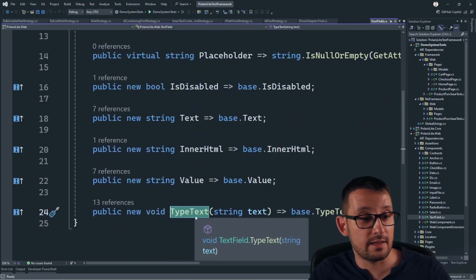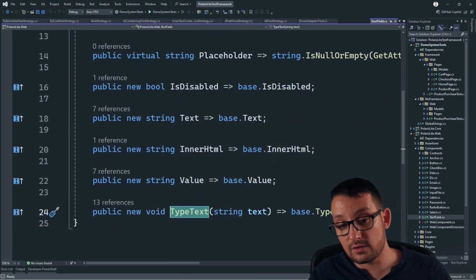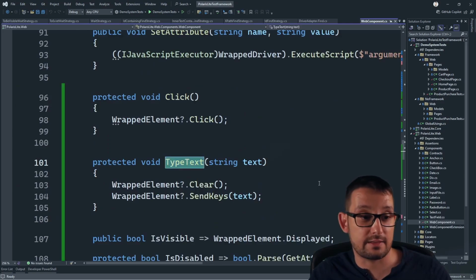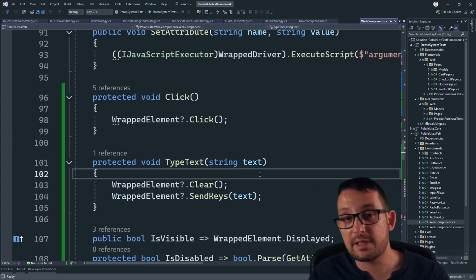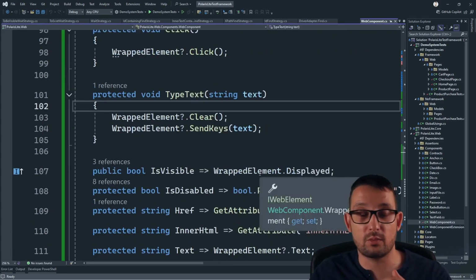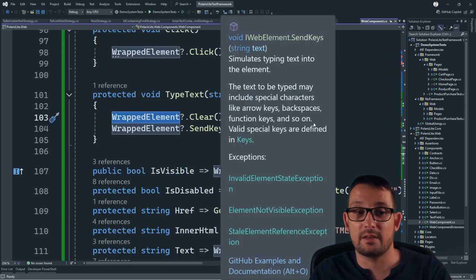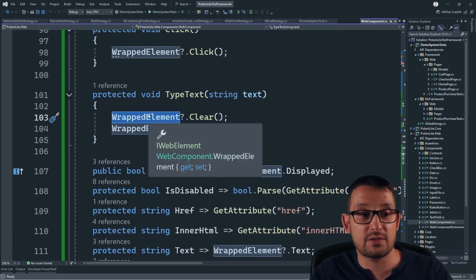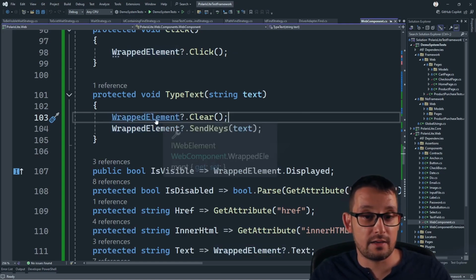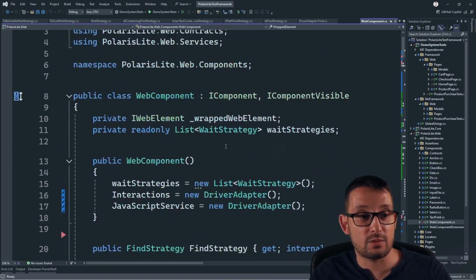This text, as you can see, this type text, it's calling the base text type text. And as you can see, the type text is similar to what we did with the WebDriver. It's calling our wrapped element. This wrapped element, as you can see, is returning our native IWebElement. And if we open that, you will see that now